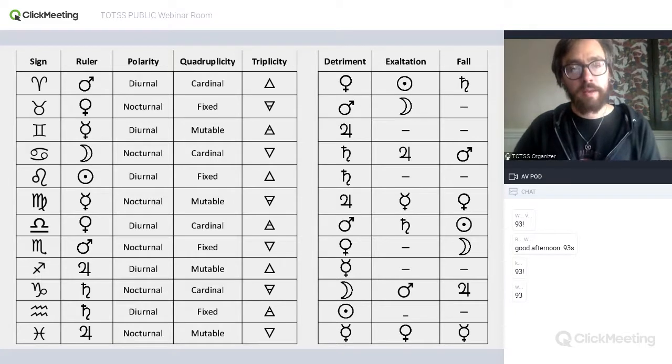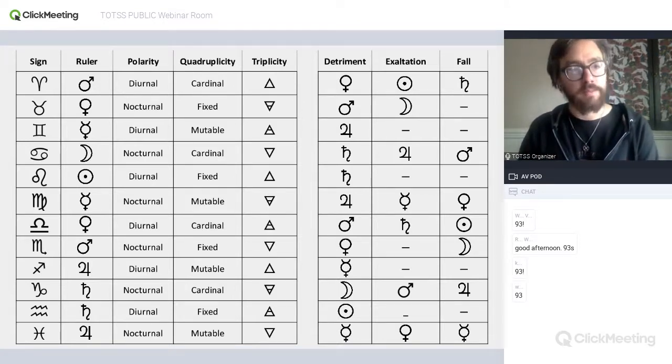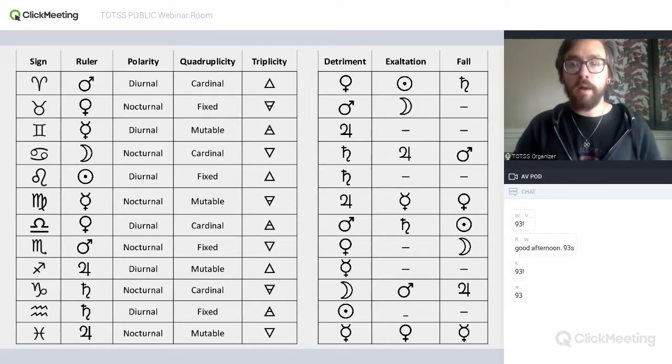And then we can look at the way that each one of the signs manifests their element in the particular mode of their quadruplicity. So that Aries is cardinal fire, Taurus is fixed earth, and from these composite pairs, we can then have an easier way of accessing the meanings of the signs themselves. So now we can talk about Aries as the day house of Mars and as cardinal fire.